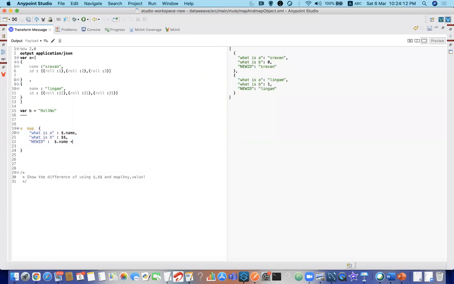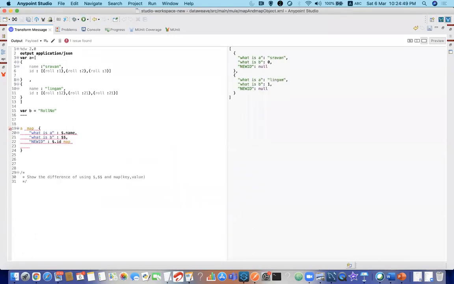$.name plus, okay, $. Again, I need to do this mapping, right? Because ID is also an array. So what I should do is $.id. Okay, it will not allow because it should be a... let me create a scenario. $.id, and dot role, or map.